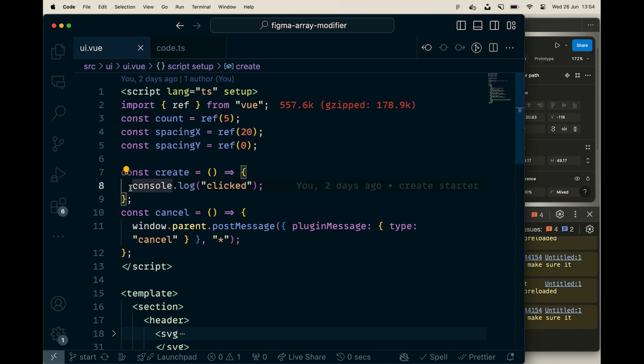Yeah, so what do we want to do? We want to actually tell Figma and our backend that we have clicked the button, that we are ready to do something, right? And how do we do that? Well, we do something called window.postMessage, and that basically means that this UI and this backend function in different spaces. They're like in different rooms, and they have to yell at each other. They can't just do a normal conversation.